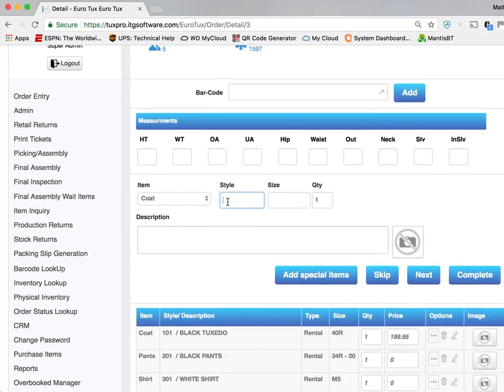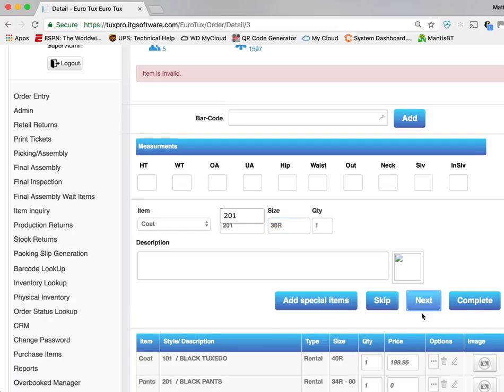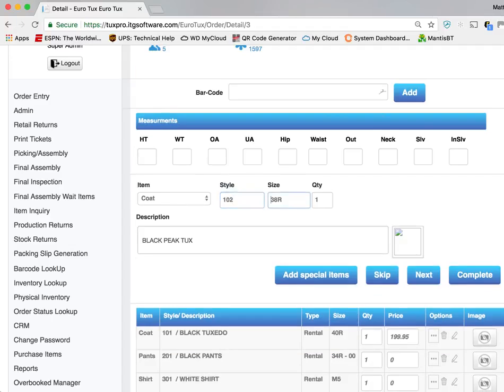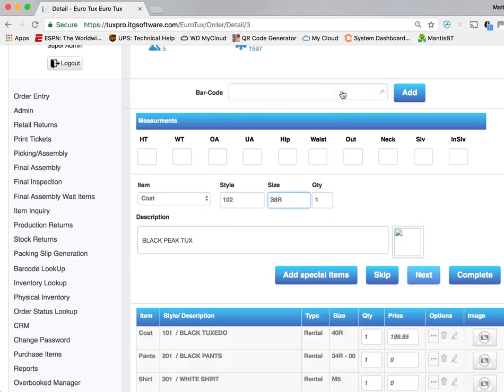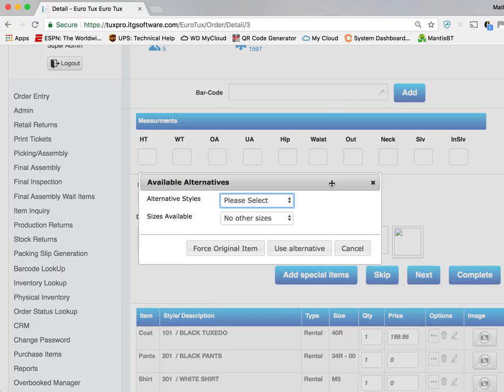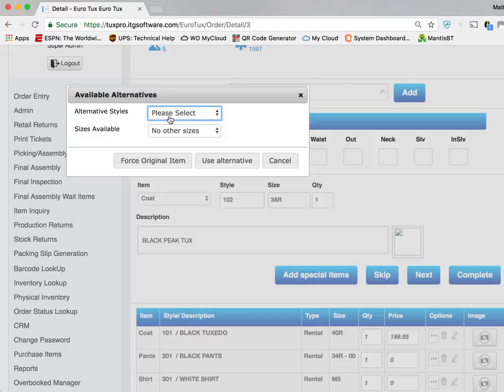That's always a good question. So let's say that we tried to enter a size that was not available. Say a 38 regular. Let's see if I did that right. Okay, so I've tried to enter a 102 38 regular. It says items not available. I click OK, and it's going to give me a pop-up box,